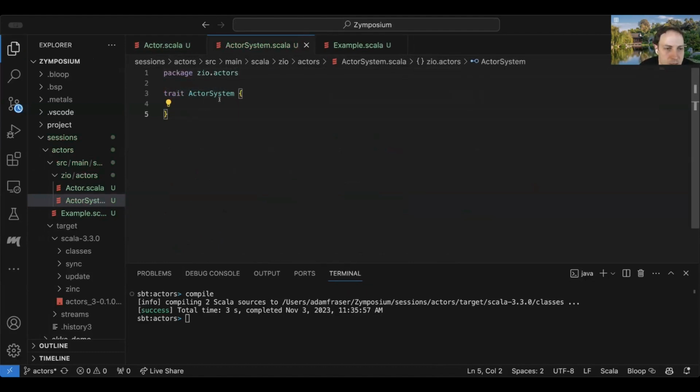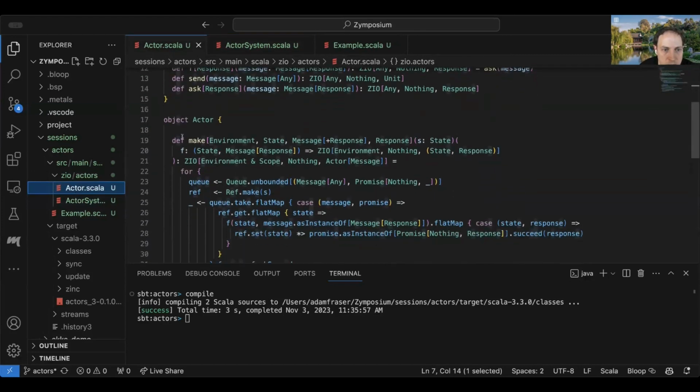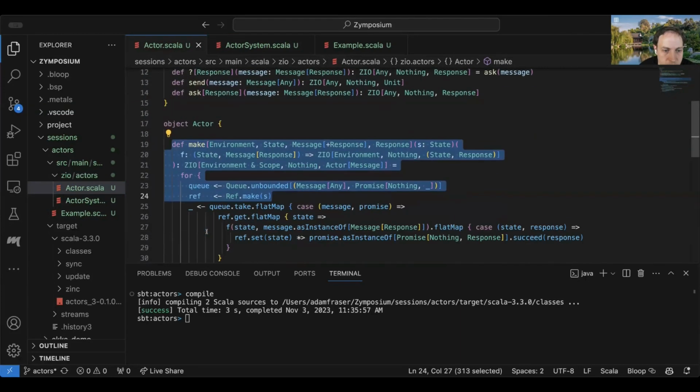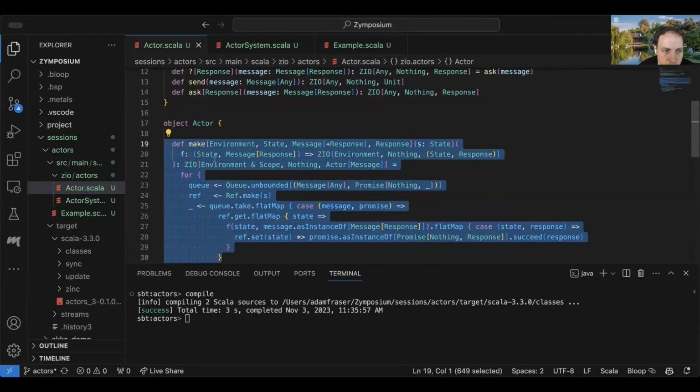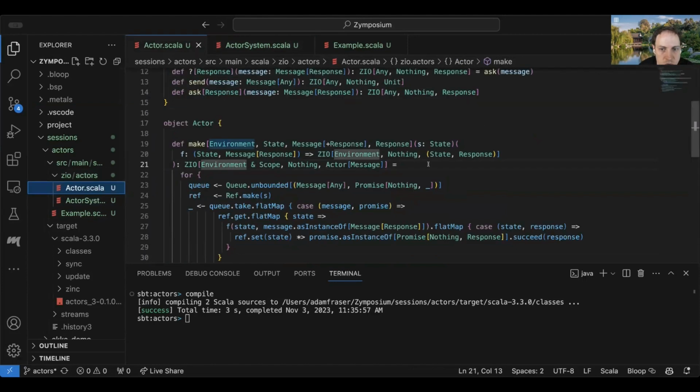So what is the defining interface of an actor system? Well, I think maybe the most important thing about it is that it lets us make actors. I think we're looking to go from a world where maybe this method no longer exists as a public method, but is just something you do through this actor system. So let's try exploring that.